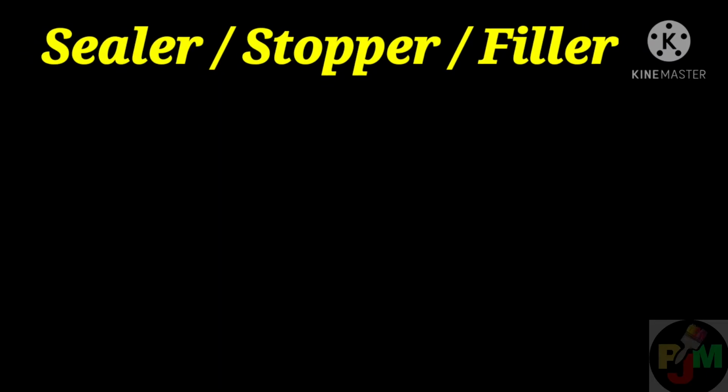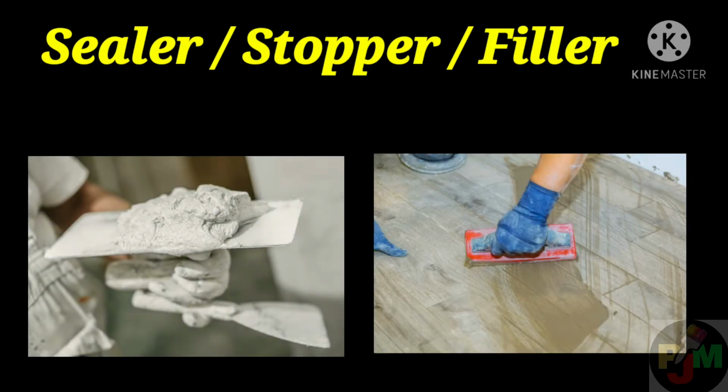Sealer coat, also known as stoppers or fillers. Sealer paint can be used as a substitute for a primer or before the primer is applied. The main purpose of sealer paint is to provide good adhesion between the substrate and the new paint or the primer. A sealer prevents the top coat from soaking into the substrate.